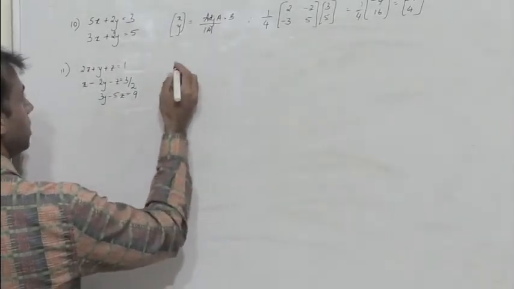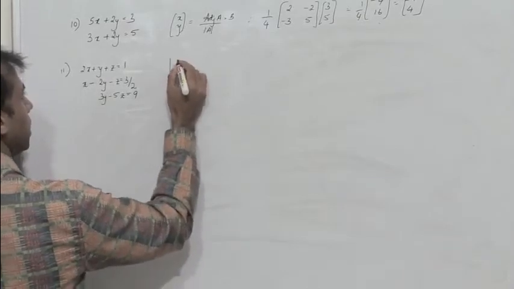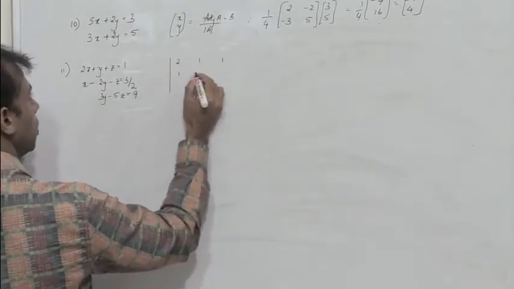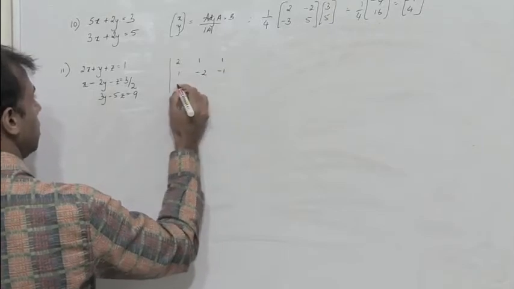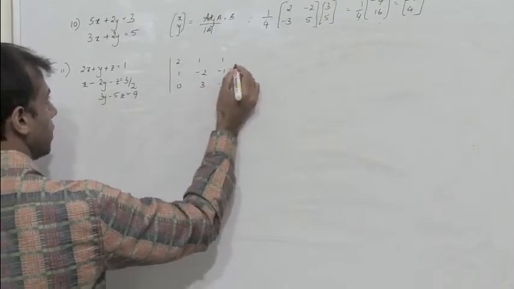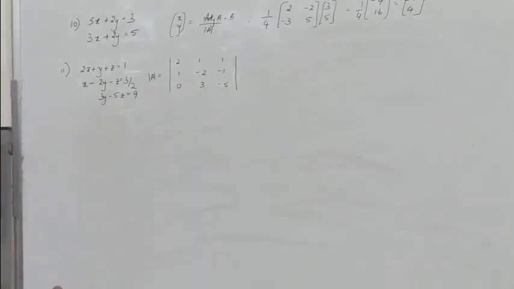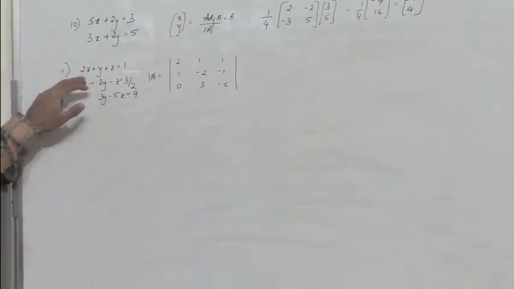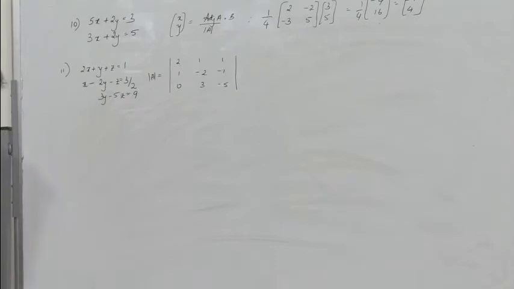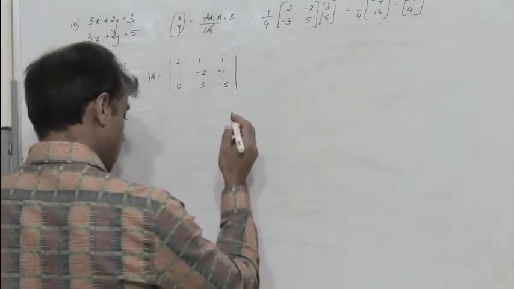So first let me find the determinant. So I have the matrix 2, 1, 1; 1, minus 2, minus 1; 0, 3, minus 5. To find the determinant of A, A happens to be the matrix with the coefficients of x, y and z. So determinant A is